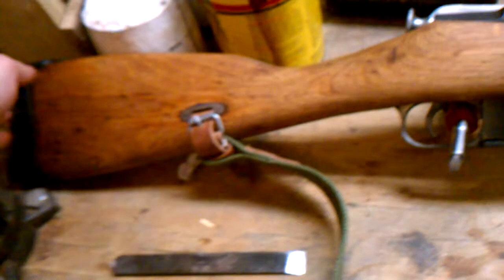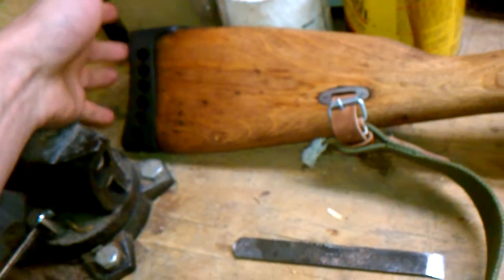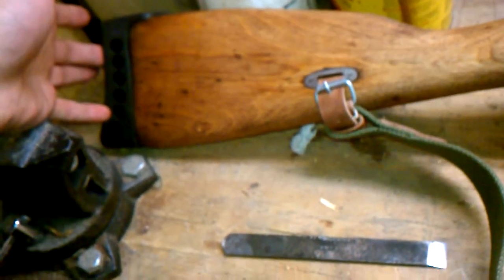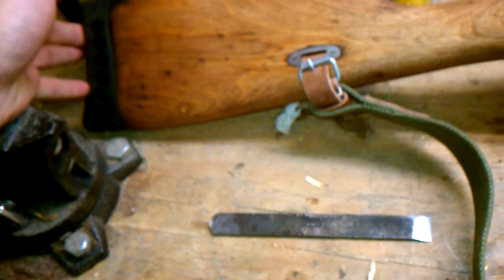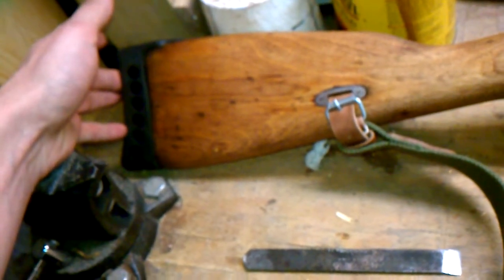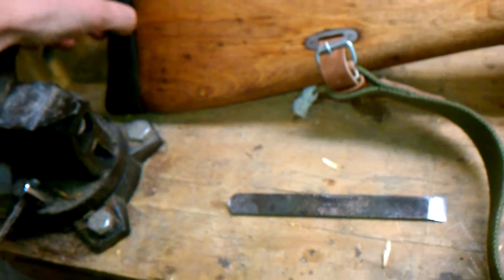The sling isn't original, and of course this nifty little thing back here, this buttstock. Or this butt pad, it's a recoil pad. I don't know about you, but I don't really feel like getting kicked in the shoulder with a piece of steel. So I went ahead and got a replacement. I mean, there's a little gap, but